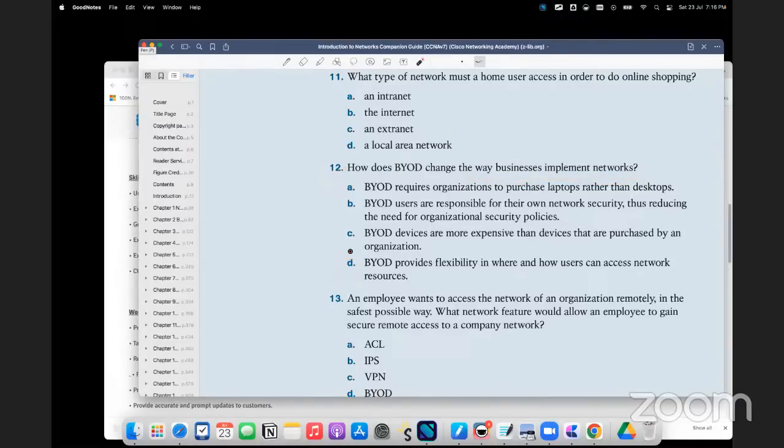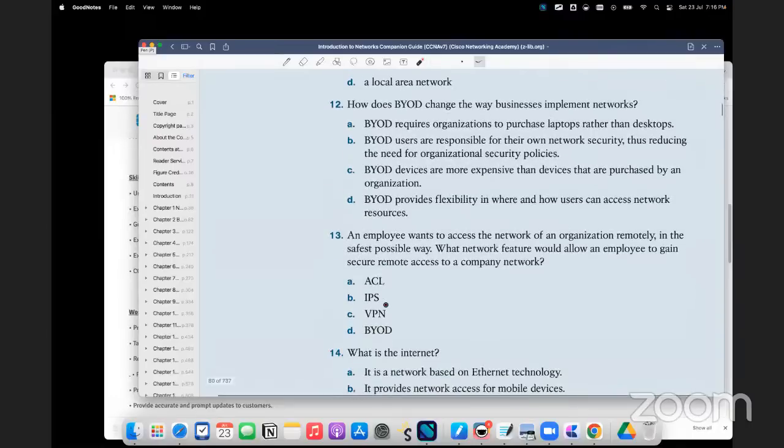Yes, you can read. An employee wants to access the network. VPN. Let me read first. An employee wants to access the network of a company remotely. Suppose you are working from home and you want to access the office network. So how will you access the company network while doing work from home, with the help of